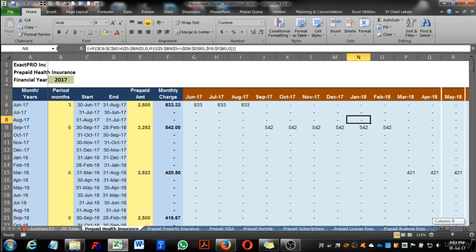This way you can add some form of security to your model structure, especially the key formulas which are prepayment amortization. This will work with Power Query without any problem, because this is still not protection which we usually apply with sheet protection. I hope you have enjoyed this particular lecture.